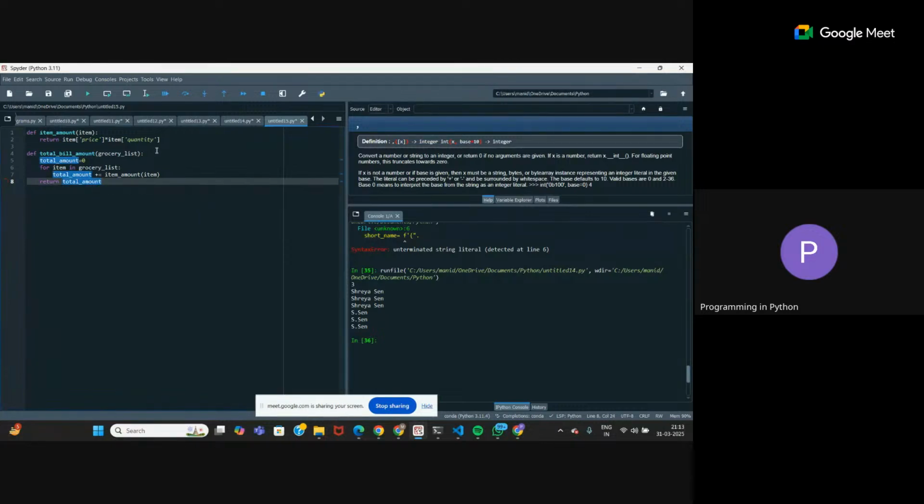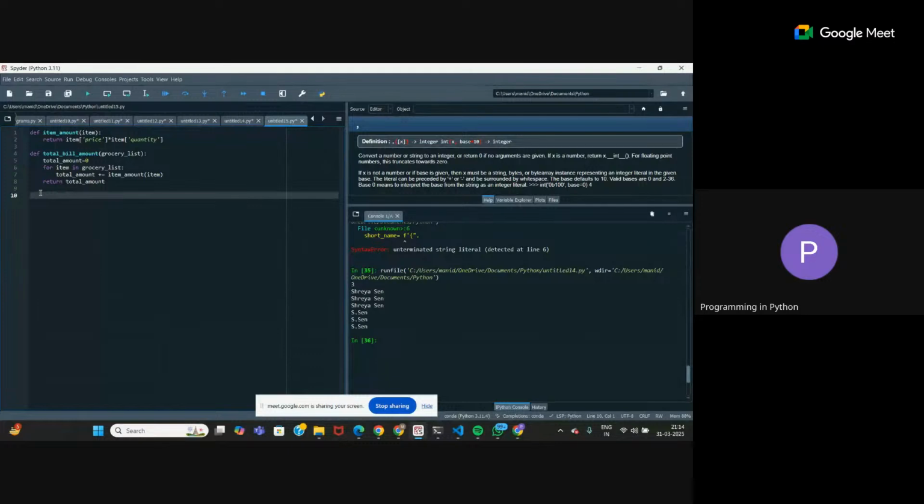So the first function is done. Okay. Next, I have to define. In this case, in place of price and quantity, we can also use 0 and 1 as index, right? It is the dictionary key. Okay, so you have to use the key to get the particular value stored, not the index. Item is what? See, grocery list is the list of dictionaries. So every item is a dictionary. Within the dictionary, to select a particular element, you have to use the key. That's why it's given in the problem statement that there are 3 types of keys.